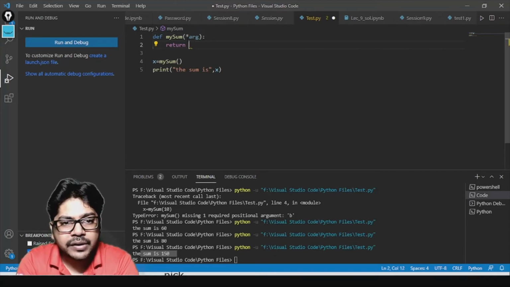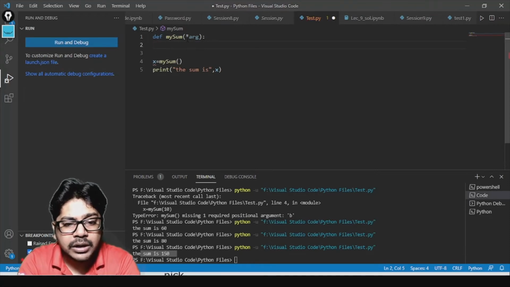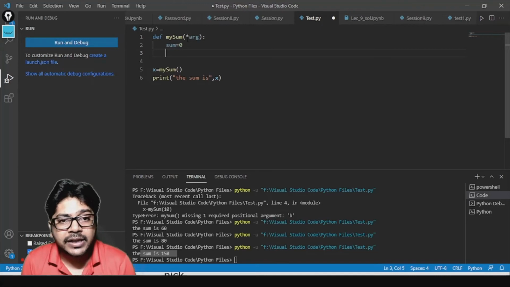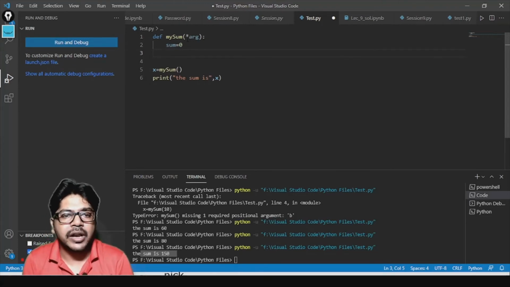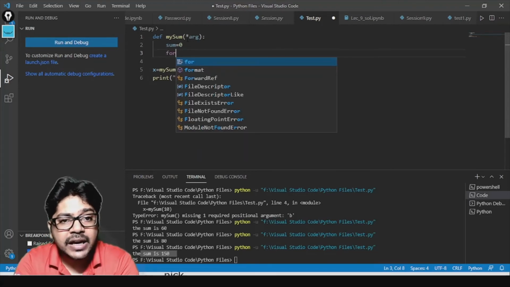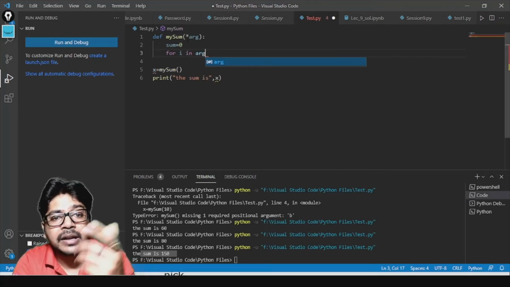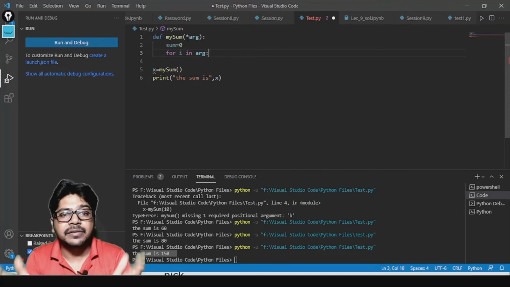Now I'm going to find the sum of all the numbers. So I'm making a variable sum equal to 0. Since it is variable length, I need to go to each of those arguments, and for that I need a for loop. So for i in iterable: what is my iterable here? My iterable is arg, because that is the one which is variable in length.